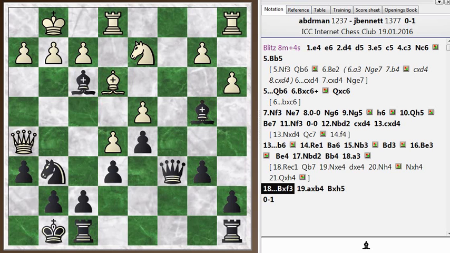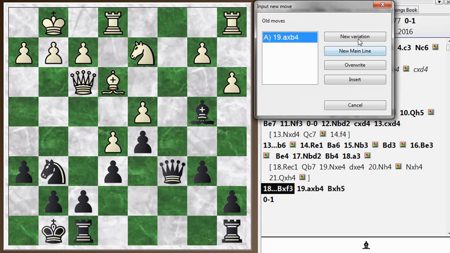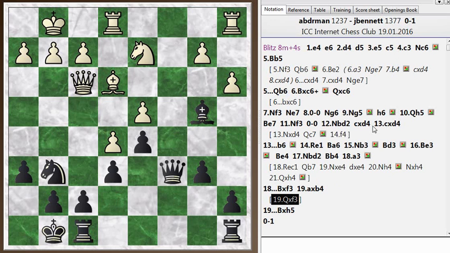Let's see, if he takes with a knight, then I will grab the rook, so that wins the exchange. If he takes with the pawn, it kind of messes up his king side. So queen takes is the best move here, and this position is okay for White. I would think about just retreating my bishop here, but actually the chess engine points out the best way